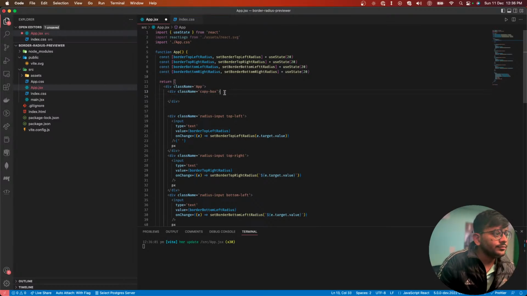Here, probably let's show a paragraph with a string. Okay. Border radius, pixels,